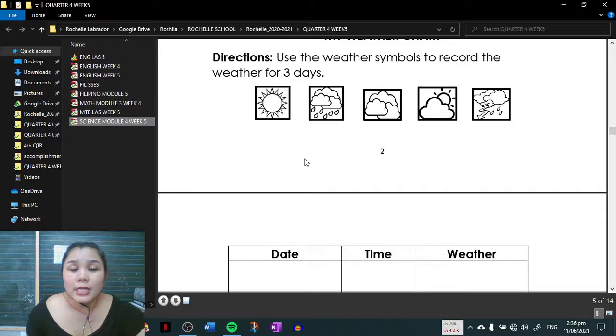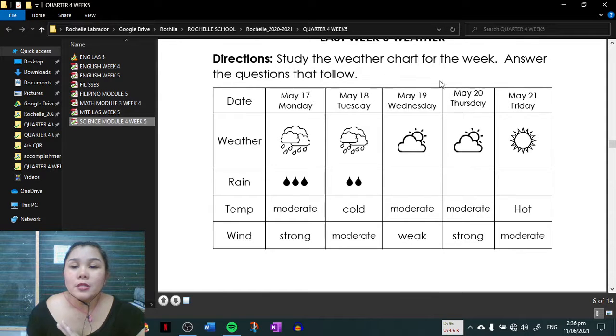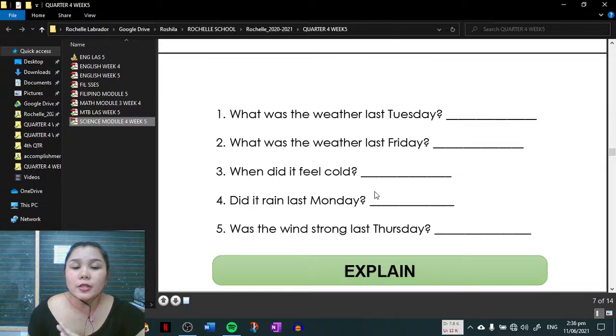You need to scan this module earlier because you need to record 3 days of weather conditions. Indicate the date, the time, and the weather. If possible, conduct the recording at close to the same time. For example, if you started recording the first day at 9 a.m., if possible the following days should also be 9 a.m. And for Explore C, we have a weather chart,